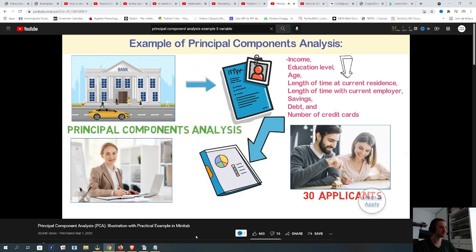analysis to reduce the number of variables to make the data easier to analyze. The administrator wants enough components to explain at least 90%